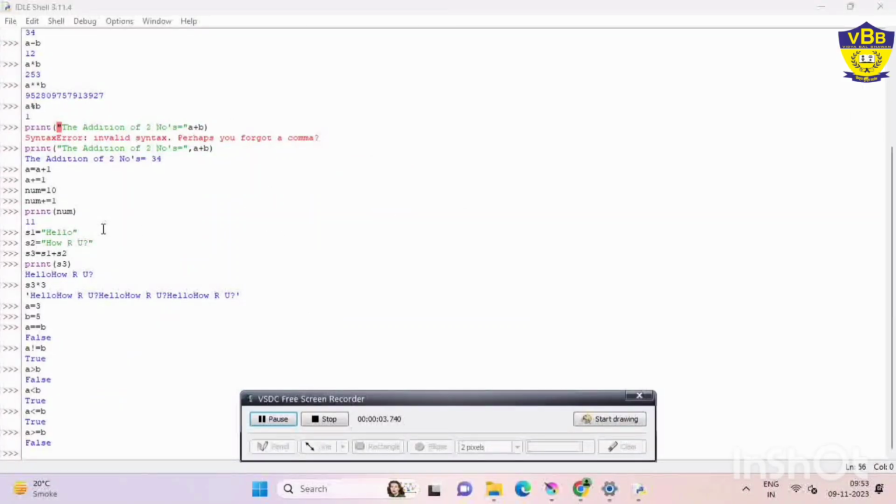Next operator is the logical or Boolean operator. Logical operators in Python are used for conditional statements that are true or false. Logical operators in Python are AND, OR, and NOT. AND means when you need to combine two things. If one of the conditions is false, then the result is going to be false. It means for AND, both of the operands must be true, then only the condition is going to be true. That is logical AND. Logical OR is when any of the two operands is true.